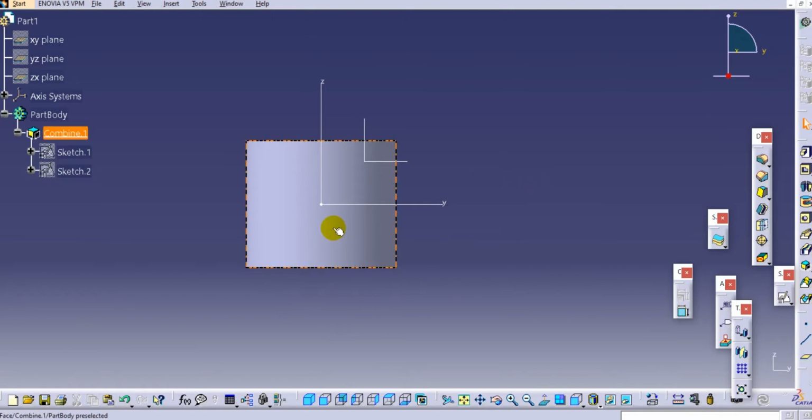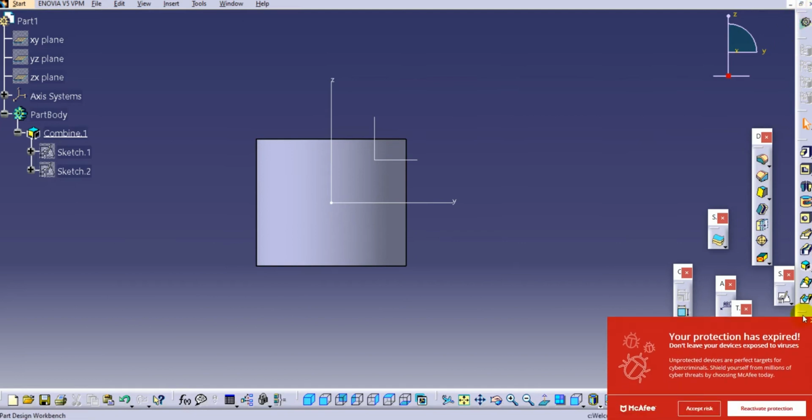So in this way, the combine command creates a 3D model based on these two sketches, and it creates a combined feature, so that on the front plane you will see the rectangle, and on the top plane you can see the circle. So now we will just close this option.